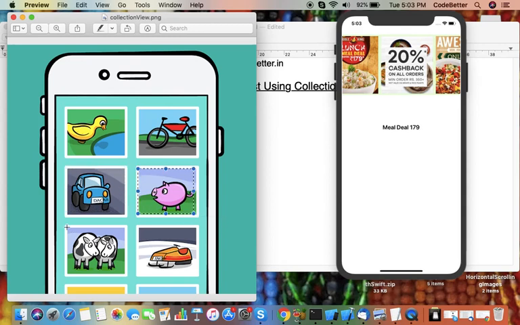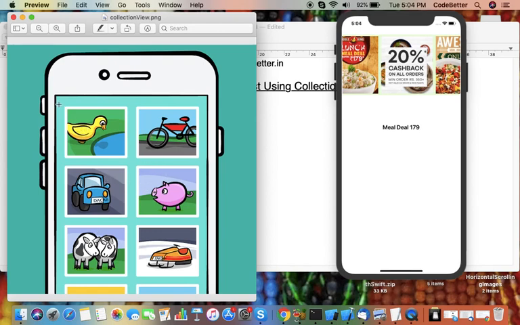If you are aware, a table view is also a collection of cells. In collection view, we say it is a collection of items. Each item can be a complex user interface or a simple one like an image.